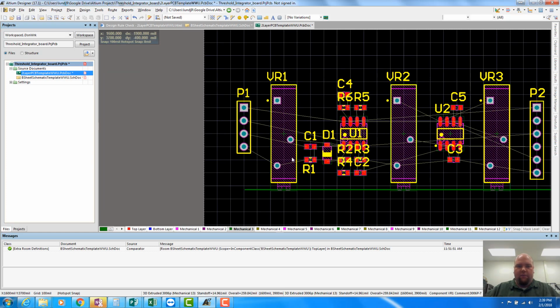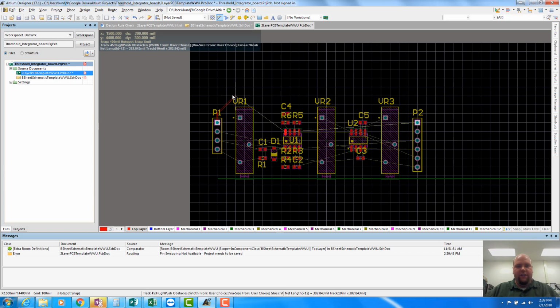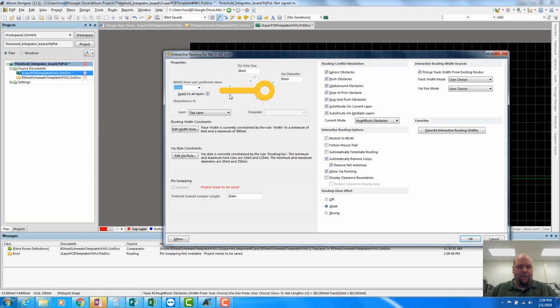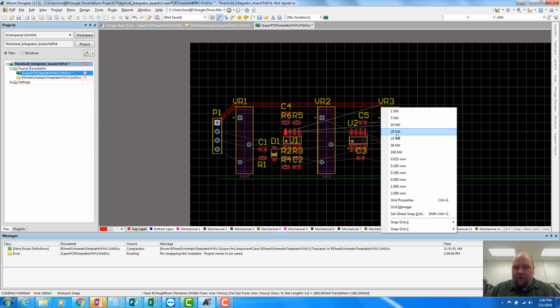So we're going to begin the routing. Make sure we're on our top layer. Make sure we actively route connections. So no reason to have this be thin right now. So we're going to hit the tab and switch it. There's not a lot of current carried by this, but it doesn't hurt us to have it a little bit bigger. So I might do something like 40 mil, which is plenty. And my grid is way too coarse, so